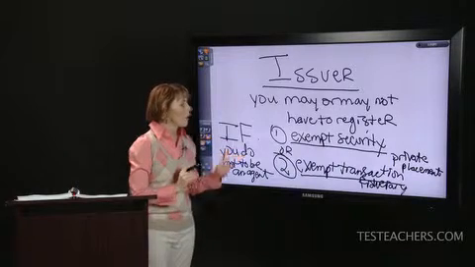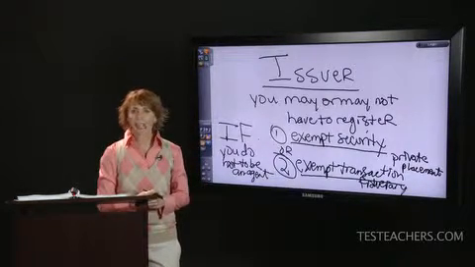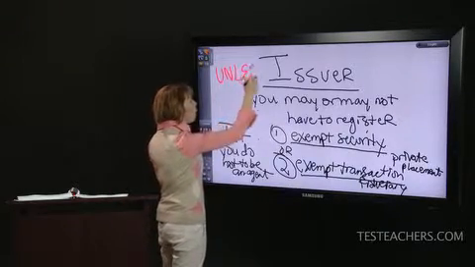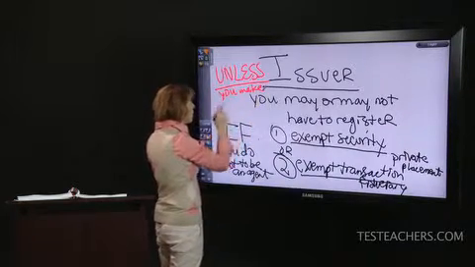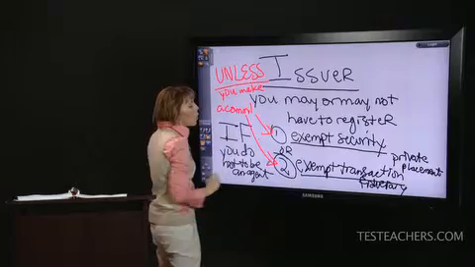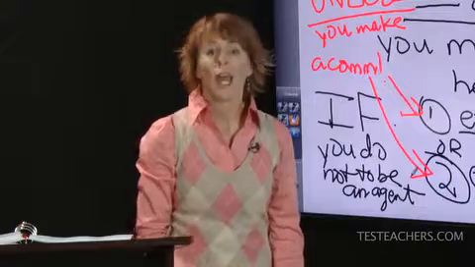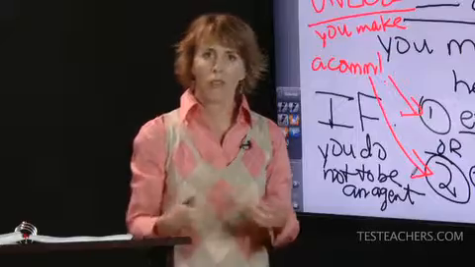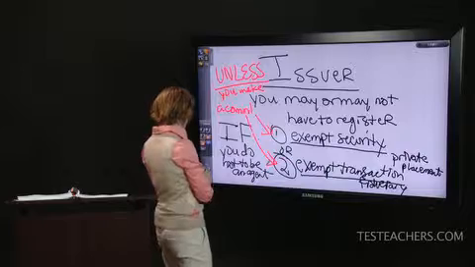So if you sell an exempt security or through an exempt transaction for the issuer, you need not register as an agent unless, isn't there always an unless? Unless you make a commission. If you make a commission and you're selling an exempt security for the issuer or you're selling through an exempt transaction, then you must register as an agent of the issuer. So they like all of those pieces of the puzzle. You would have to register as an agent of the issuer.